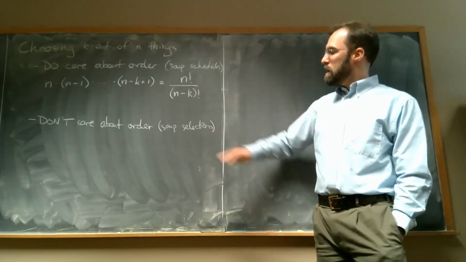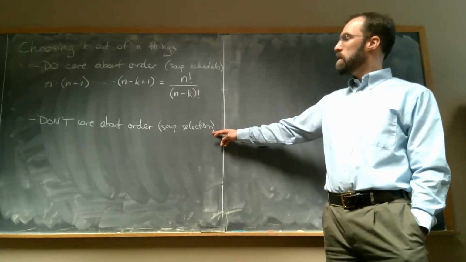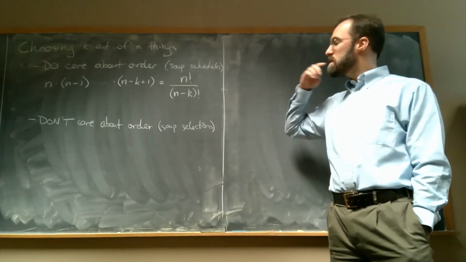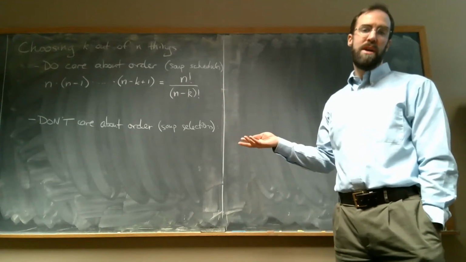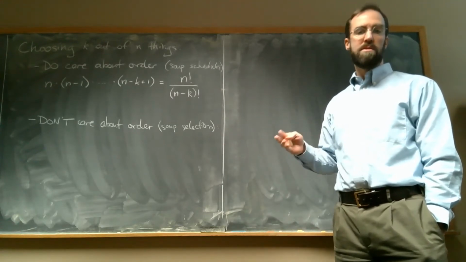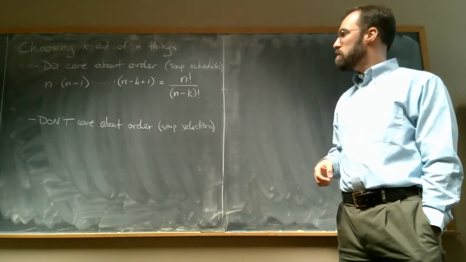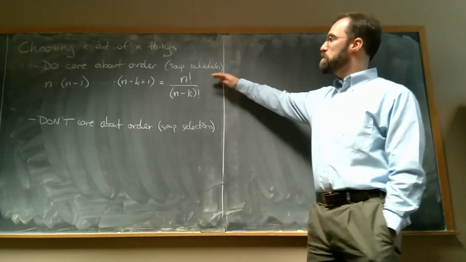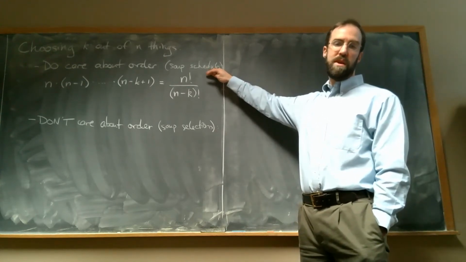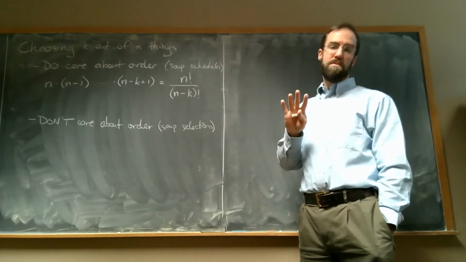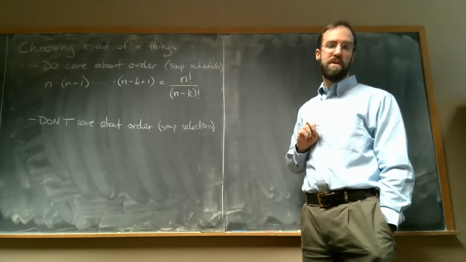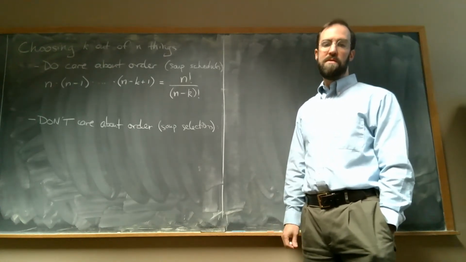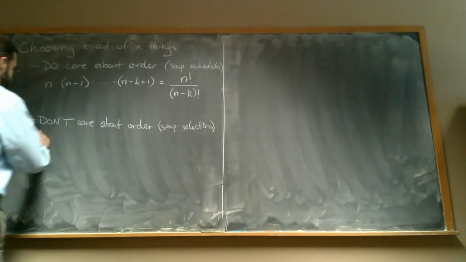Okay, in the last video I made, we considered a related problem, which is what if we don't care about the order of the things that we choose? In the example, we were just picking which k soups we were going to eat, and we didn't care about what order they were in, just which ones we chose. And we saw that we can solve this using the division rule, right? We can think about first choosing in order k soups, but then for each choice of k soups, I can put them in k factorial different orders, and I don't care about that difference, so I need to divide by k factorial. So by the division rule,